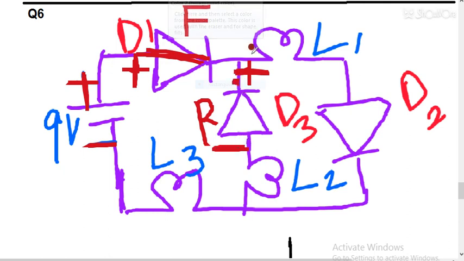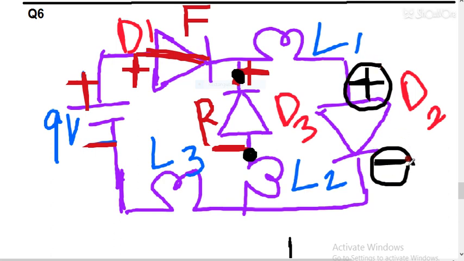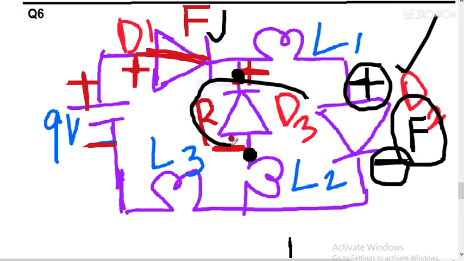So now I am drawing two terminals. This will act as an open switch. So it will act like this one. These two terminals are open. Now this is positive. Some positive voltage will flow in this way also, and from this side some negative voltage will flow in this direction. So now positive potential is to the P side and negative potential to the N side. Diode D2 is forward biased. So three diodes are there. D1 is forward biased, D2 is also forward biased, and this center diode, that is D3, is reverse biased. So that we have seen.